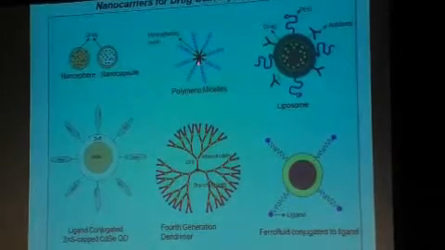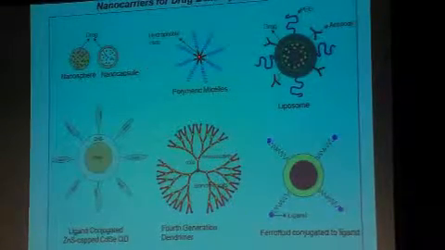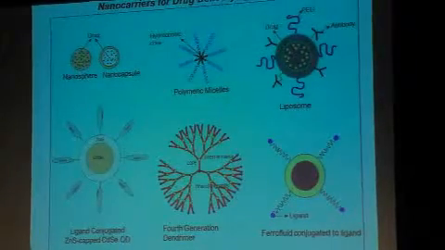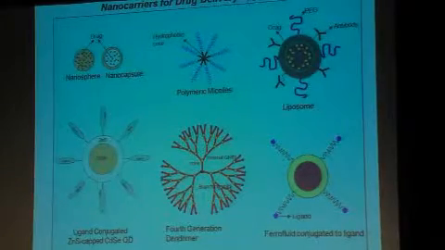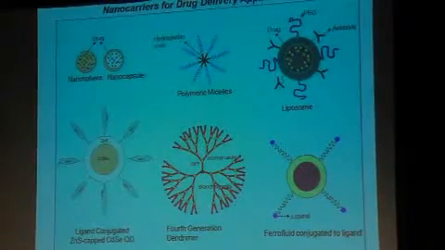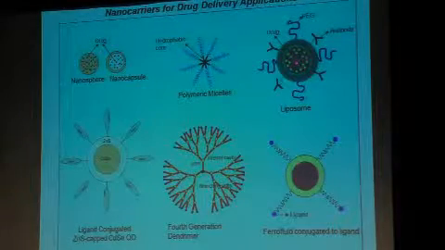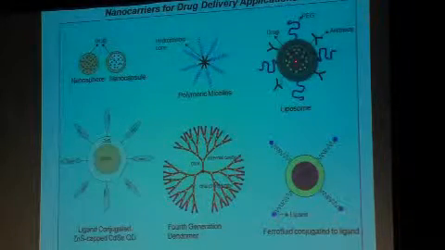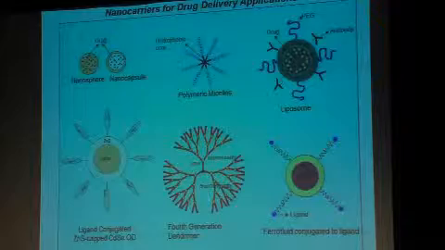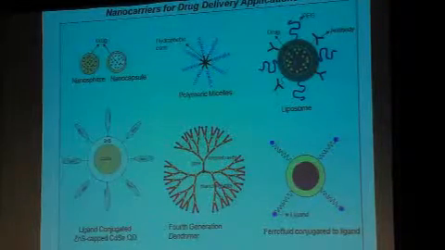These polymeric micelles carry their payload within this black core, and they have these blue hydrophilic coronas that prevent unwanted interactions with biological components. An older standby has been the liposome. The liposome has an aqueous core that carries drug in its interior, surrounded by a lipid bilayer, much like the cell membrane, a cell membrane mimic, if you will.